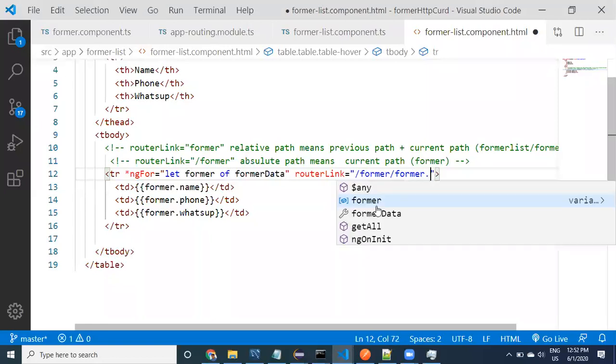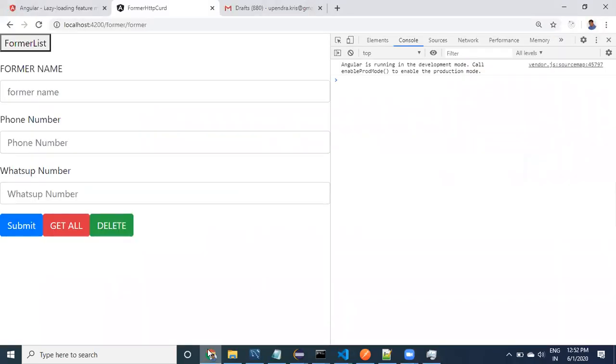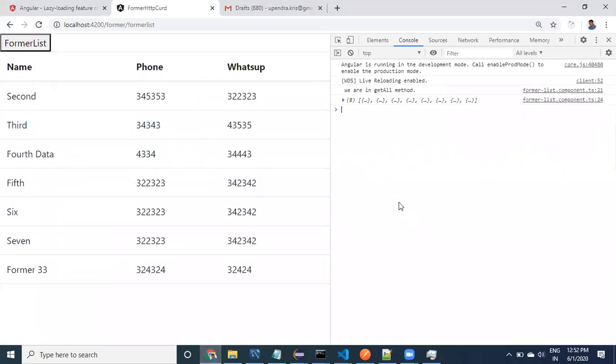Farmer object dot, okay, we are taking farmer dot ID. Let's look at whether it is going to work or not. If it is not working with farmer slash ID, we can take another approach, not a problem. Coming here, farmer dot ID, I'm providing the value along with it, we are sending the farmer list. Let's look at it, guys.